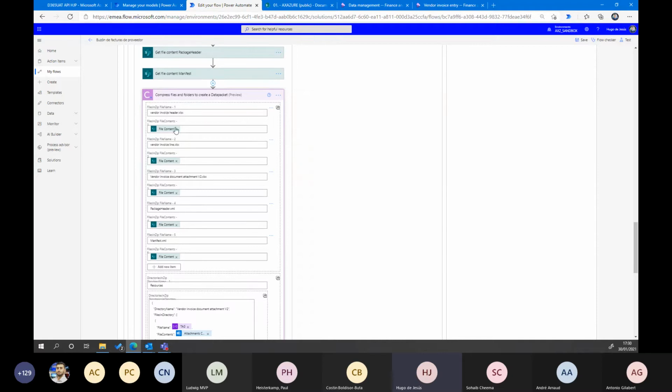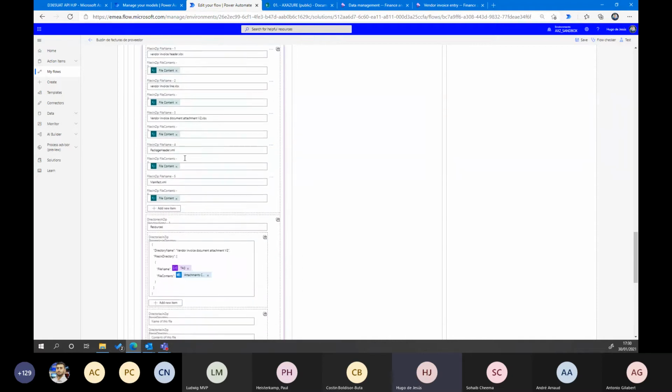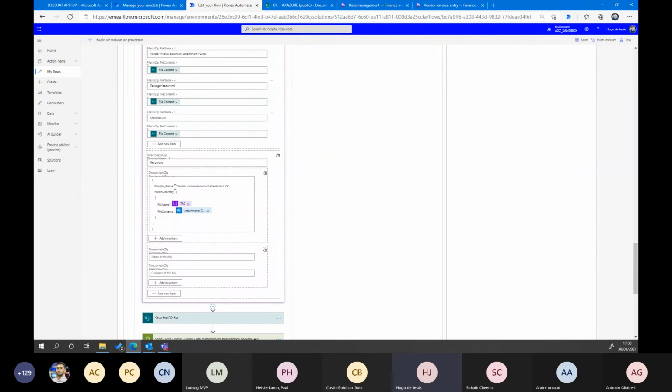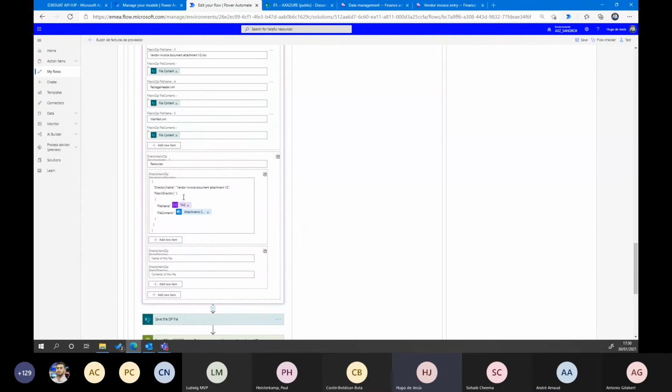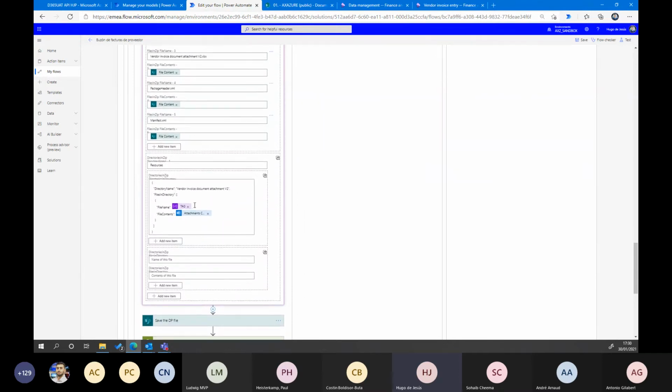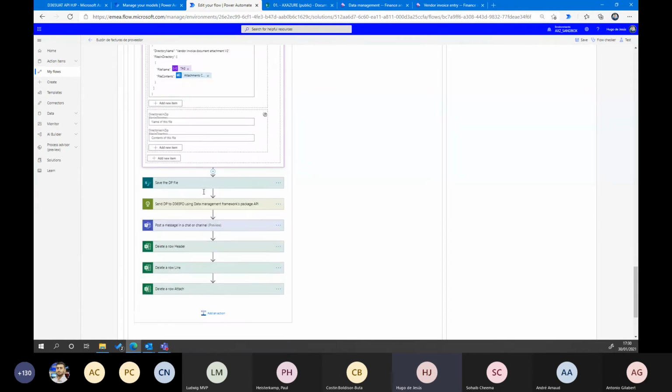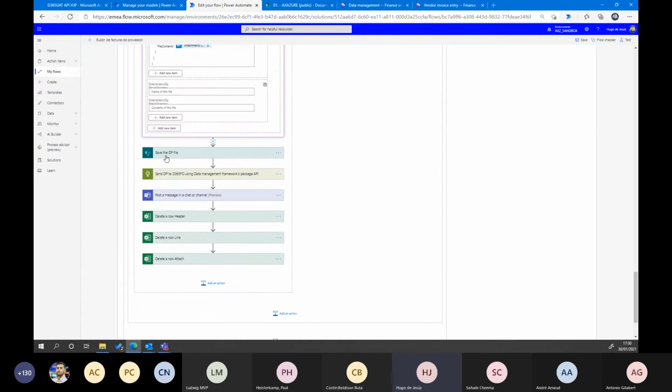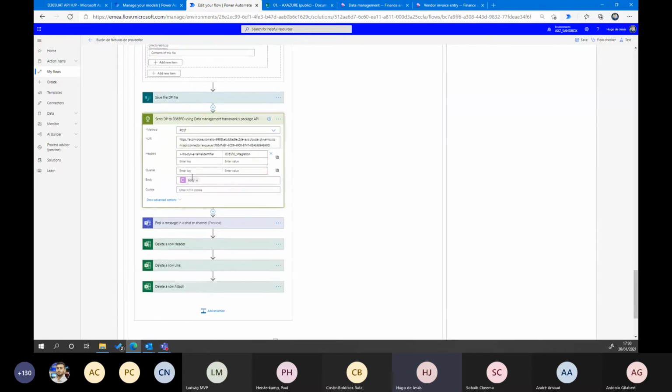We created the header, the line, the attachment, and of course we created the folders, the folder with attachment and the attachment into the compressed file. Then we save the data package file in SharePoint. This is not mandatory, it's only for trace purpose. And then this is the interesting part, we post directly the information to Dynamics 365 using application